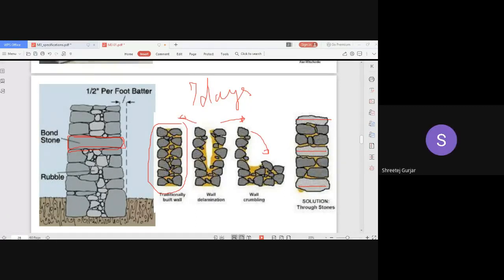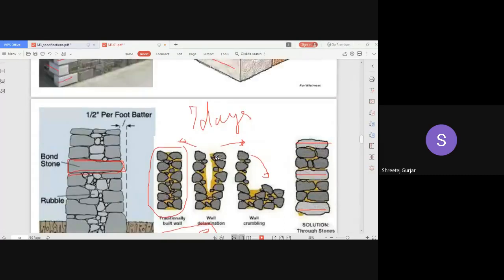You have done it in your first module, right? You have estimated the quantity of stone masonry, so recall, you have measured it in cubic meters, right? So that you have to mention at the last, cubic meters.